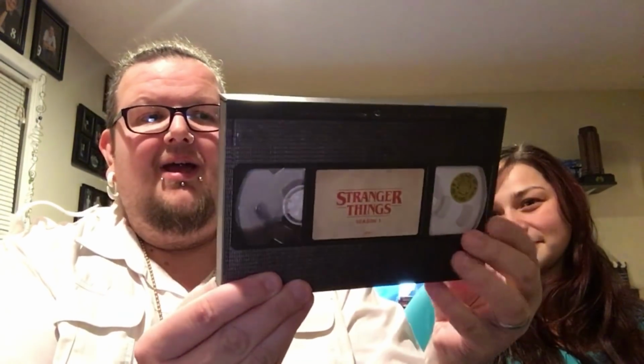So the cover comes off just like a regular VHS. And then, of course, the case itself is supposed to look like a tape. I love it. It's just like an old school VHS, and it opens up with a magnet right here. We'll just open this up like this, and here's what it looks like. A couple discs here, and then you get